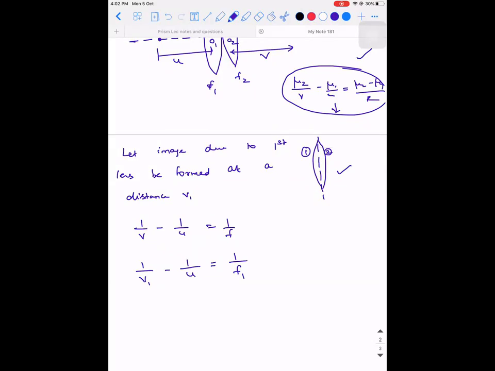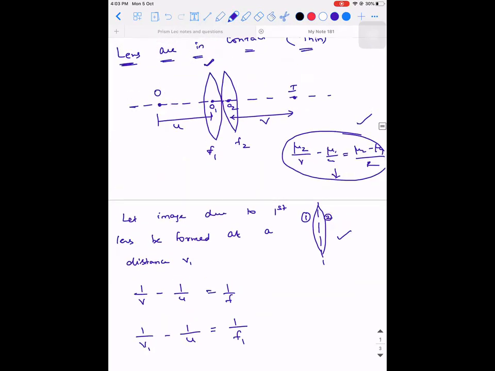But I told you another important point also. When do you need to apply sign convention? If you know all the values, if you know what exactly is happening to that particular system, you can apply sign convention. Here I didn't apply any sign convention because I wrote the object distance as u. I never specified a condition saying whether the object is placed between the focus and the optical center, or at C or F, between C and F. So you don't know where exactly the image is formed.